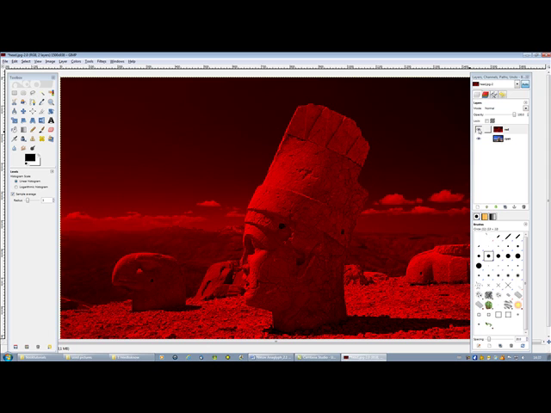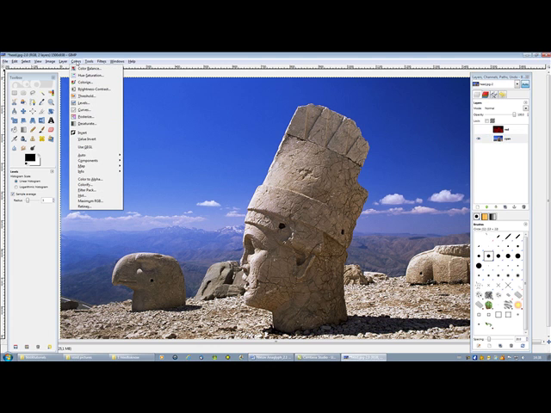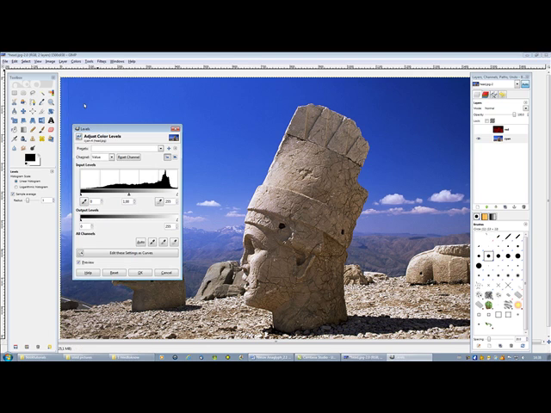To make a layer visible or invisible, click on the eye. Now I see this cyan, but we don't work on it, so it has normal colors. We select it. We go to colors, levels. Now we pick the red channel and we make it 0.